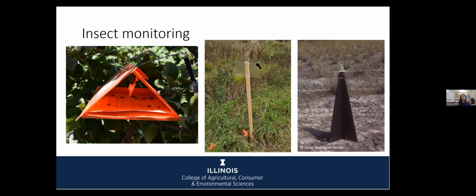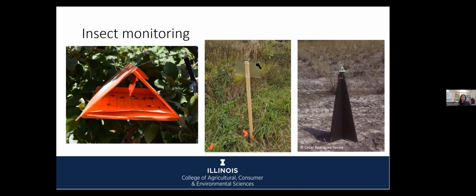They're hung in the upper third of the tree canopy, and it's an orange trap with a sticky liner to catch the things that are lured into the trap. And then they also have the pheromone lure there. When you're doing trapping and monitoring, for most pheromone lures, there is a 6-week shelf life, essentially. So you'll have those lures in your traps for about 6 weeks, and then you'll have to change them out. We recommend, when using these types of traps, that you check them weekly. Generally speaking, that's good practice for any of these trapping.